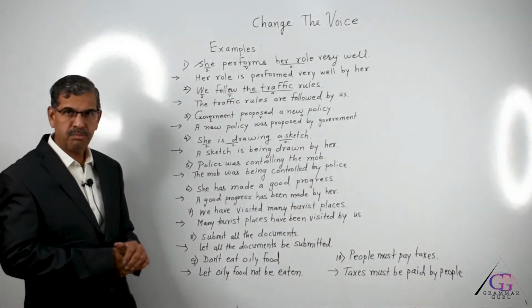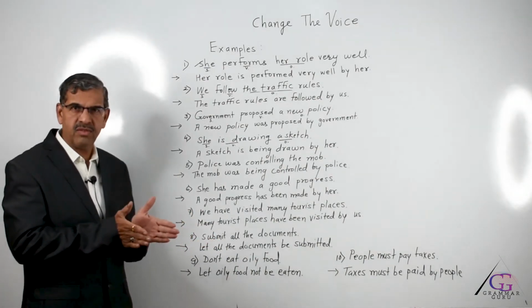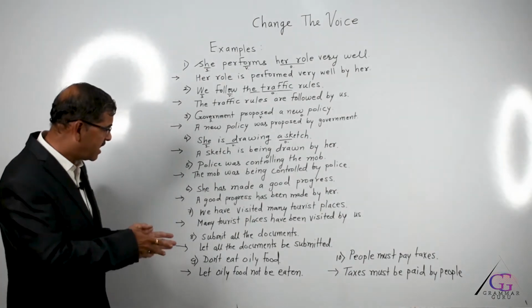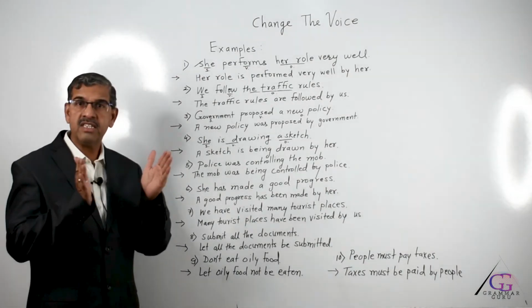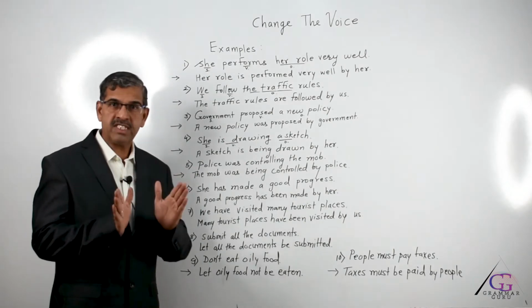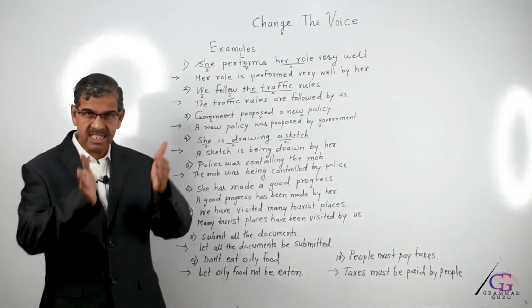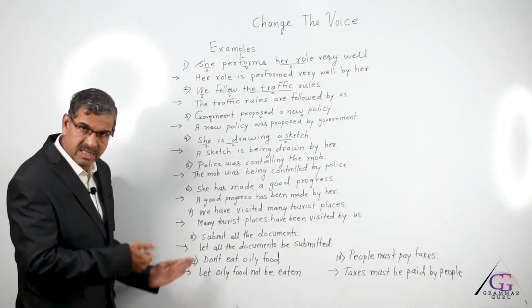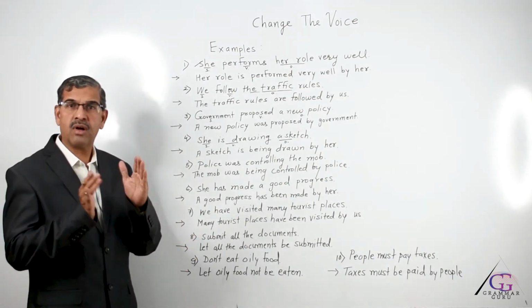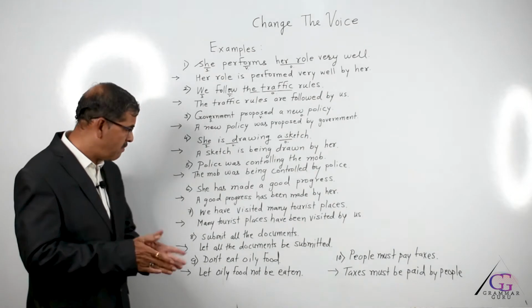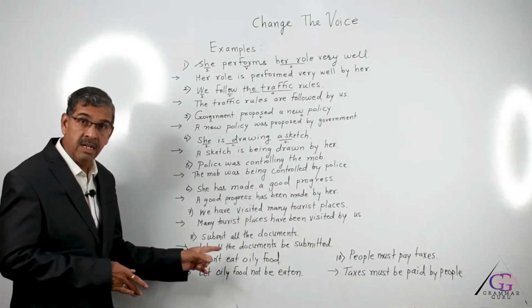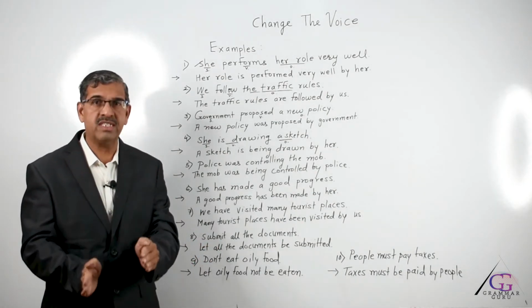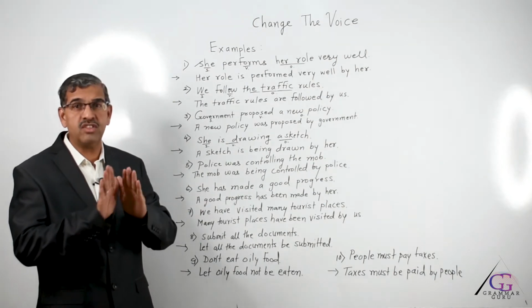Now comes the most important part, which is slightly difficult for students to understand, and that is when the sentence is in order type. First, we must be able to identify whether the given sentence is an order or not. If you look at sentence number 8 and sentence number 9, both are examples of imperative, that is, order types. The first sentence starts with submit. When the sentence starts with the verb itself, there is no subject.